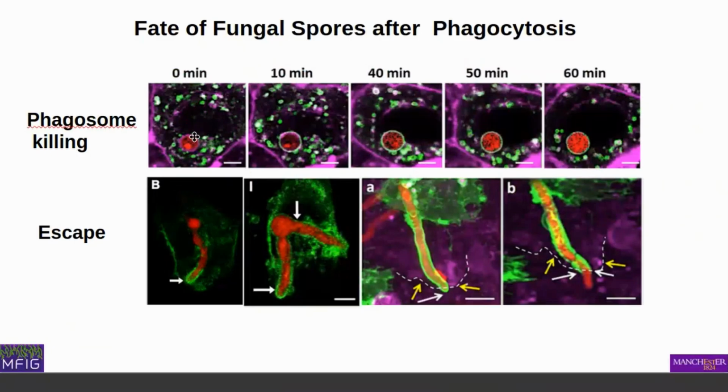That's where the fungal spore is being taken up. And you can see that the edges of this phagosome get greener and greener, and there are less and less of these little green dots as they are attracted to the phagosome, and they're releasing their digestive contents into the phagosome over time. It's quite quick. It takes only an hour, this whole series of photographs, until there are none of these little lysosomal particles left, and the fungus is dead. The spore is completely dead. Sometimes this doesn't work. Again, it's a little difficult to see on this bottom panel, but sometimes the fungus can germinate and escape from this process, and that leads to infection.